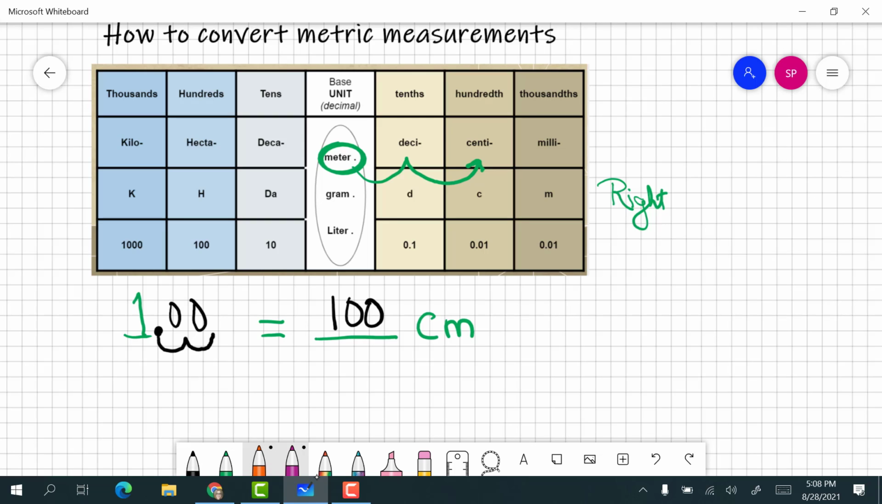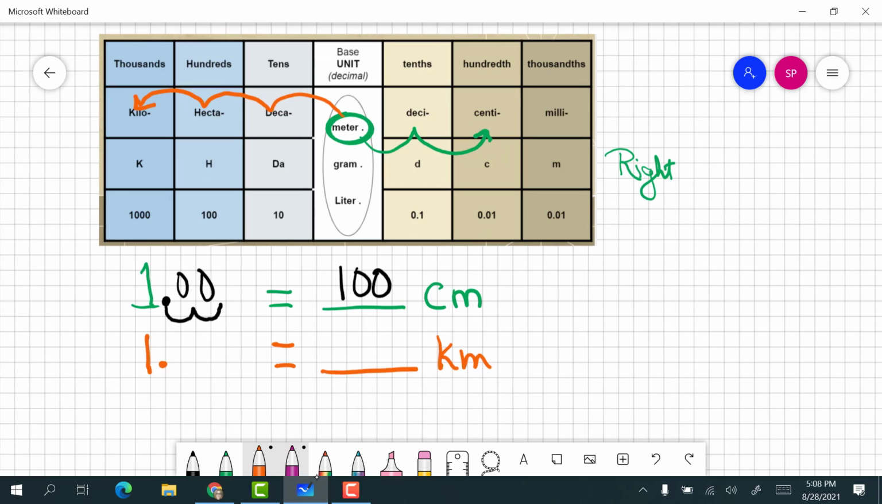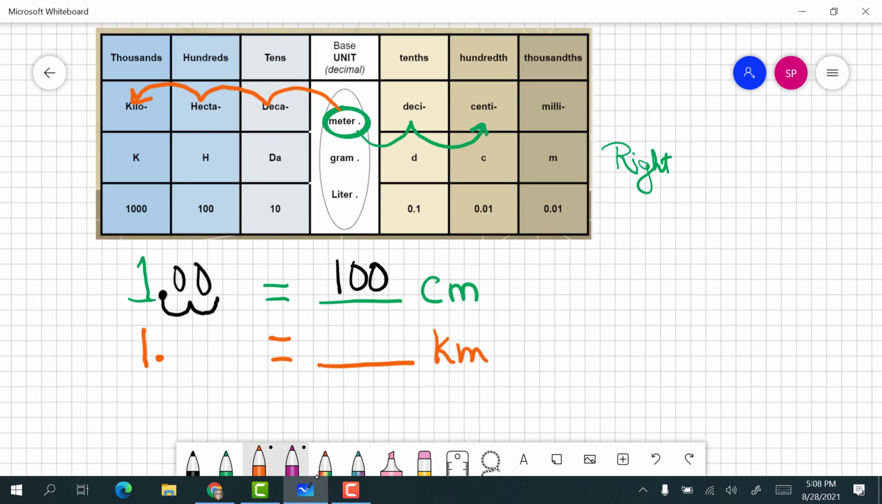Let's try to move the other direction. We moved to the right here. Let's try moving to the left and see what happens. Okay, I'm going to use a different color here. Let's say I have 1 meter. So I'm going to just put 1 decimal for right now. And we know that we are moving 1, 2, 3 jumps to get to the kilos. So 1 meter is equal to how many